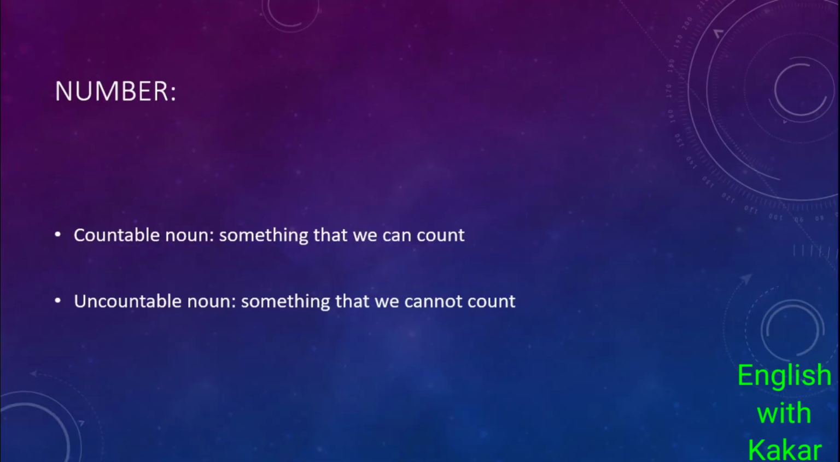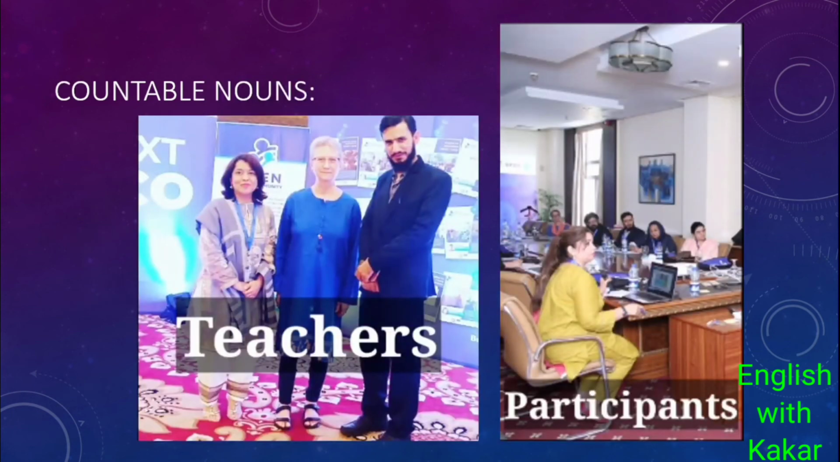Now, number. What do you mean by number? Number means what is the number of the noun, how many things or people do we have here or there. So there are two types of nouns basically when we refer to counting or quantity. Some nouns are countable and some nouns are uncountable. Now, what are countable? Countable nouns are nouns that we can count. Like this picture on the left,